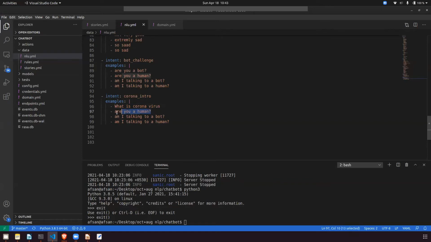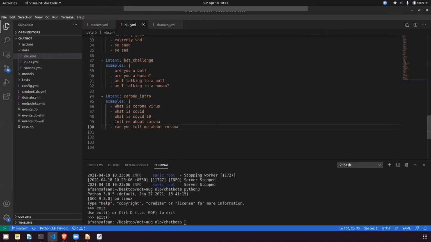Or in some other way, they can ask: what is COVID? What is COVID-19? Or tell me about corona. Can you tell me about corona? So these are different things that people can ask, right?